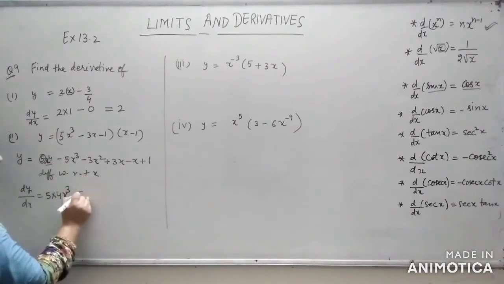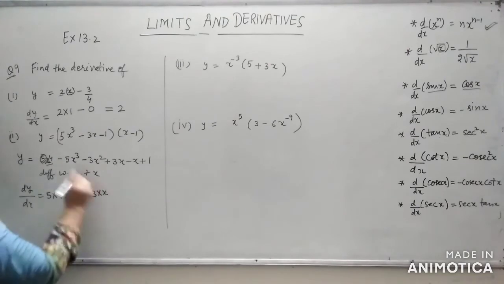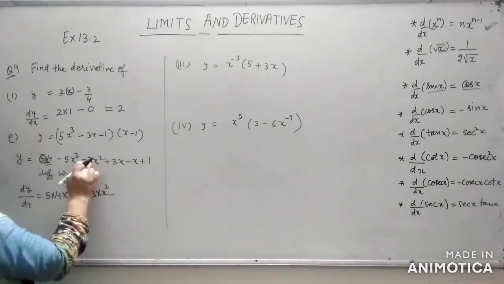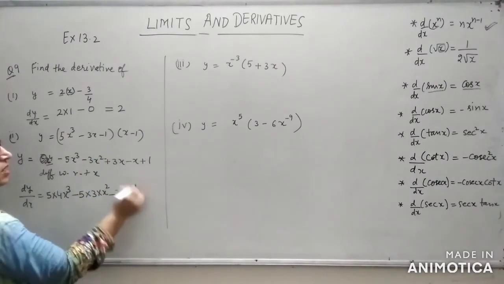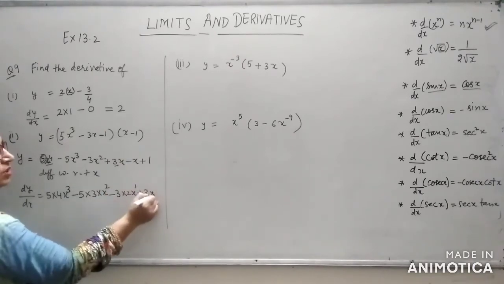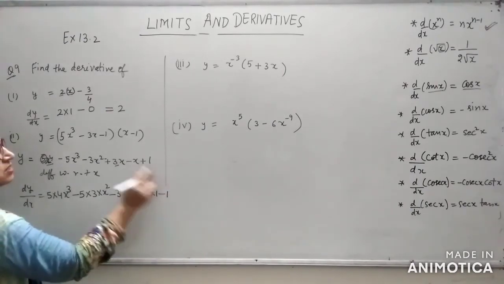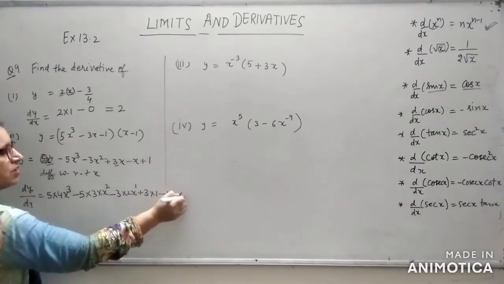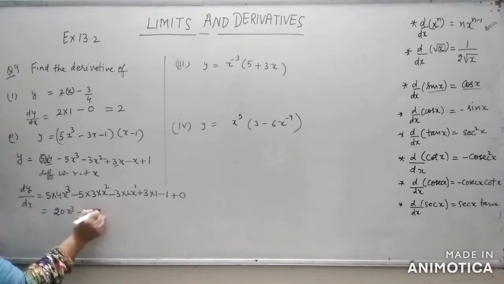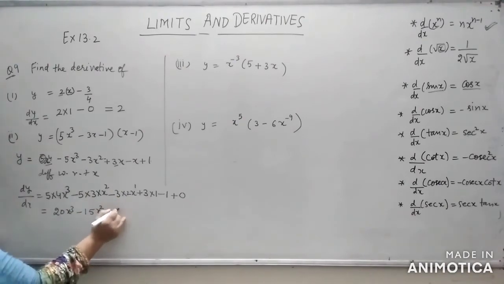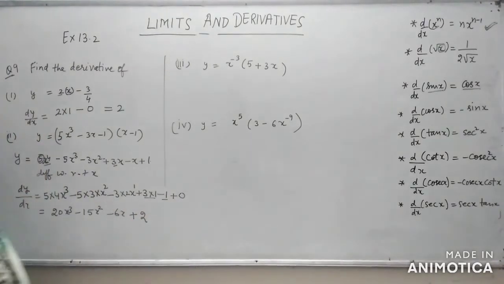Here also the same, minus 5 will be written as it is. The derivative of x cube has power 3, so 3 as it is comes here and reduce the power of x by one, it becomes 2. Minus 3 as it is, and the derivative of x square is 2 outside and reduce the power of x by one. Plus 3 is a constant, write it as it is, the derivative of x is 1. And this is 3x minus x, so I could write it otherwise. This is the derivative of x, minus 1, and the derivative of plus 1 is 0. So it would become 5 4s are 20x cube. This is minus 15x square. It is minus 6x. It is 3 minus 1. It is plus 2. So this is the final answer. Now come to this question.